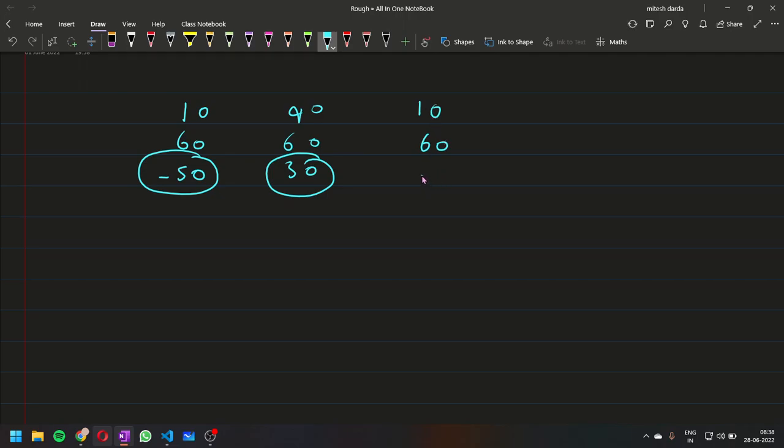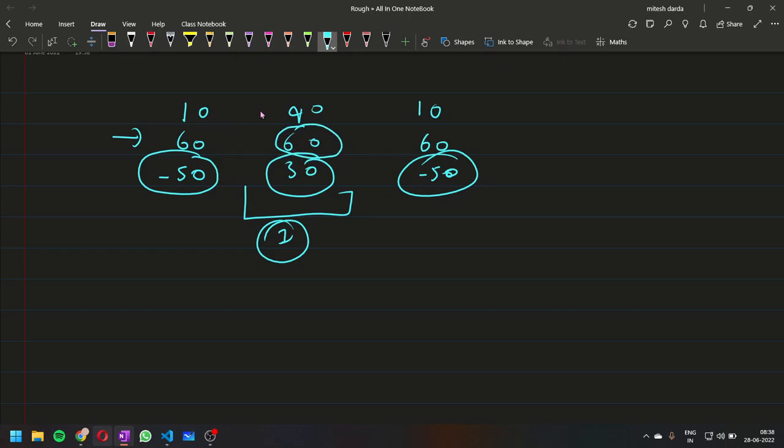Again, if we subtract this, this will become negative. So what I am saying is, if we just find, using Kadane's algorithm, the maximum possible subarray, its sum and its length, we will find that 30 is the maximum possible subarray sum, and its length is 1. So in the answer, we are going to take all the elements of the second array, and whenever we are at this index, we are going to skip 60 and take 90, and again we are going to take 60. So by this it will become our answer.